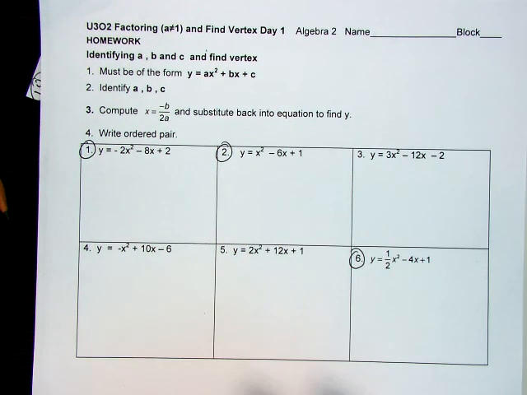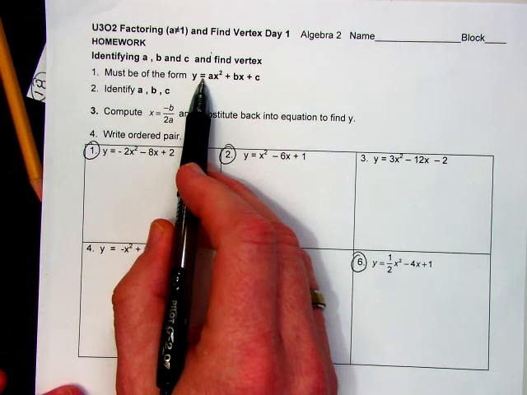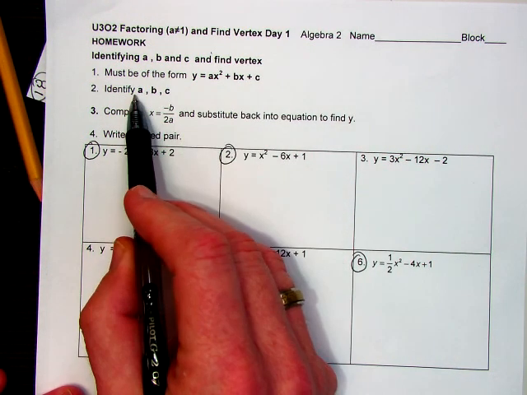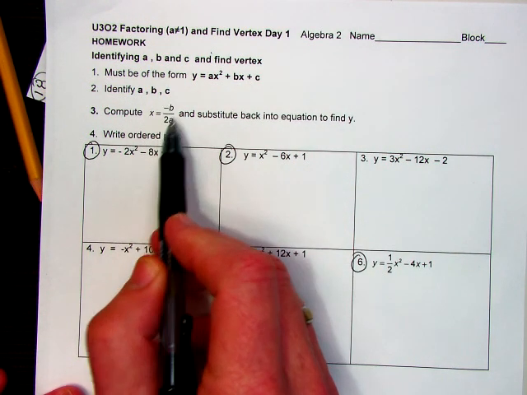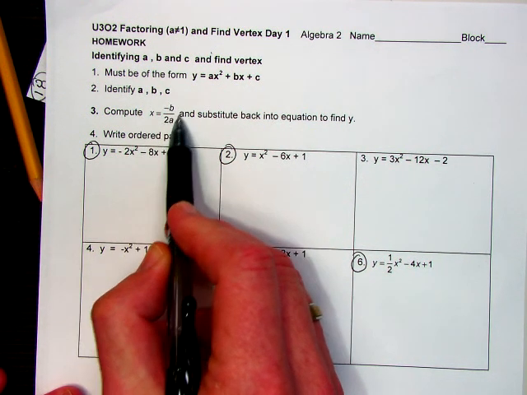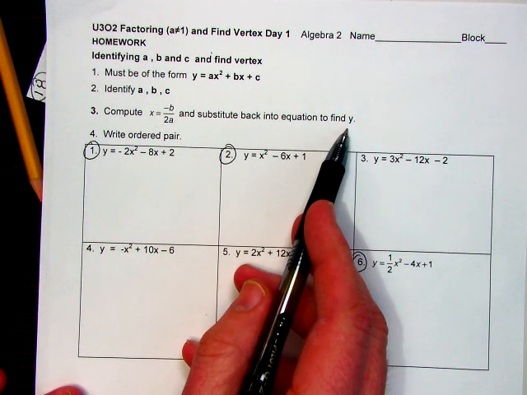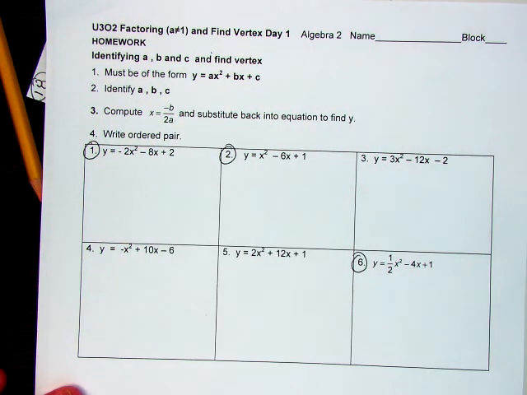Okay, so I'm going to go ahead and find the vertex from standard form here. These are all in standard form, which is y equals form. We're going to identify A, B, and C. We're going to compute the x value of the vertex, which is also the axis of symmetry. And then we're going to find its y value by plugging that back into the original equation, and then writing